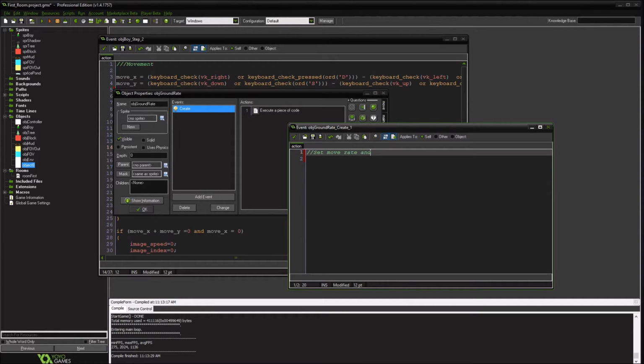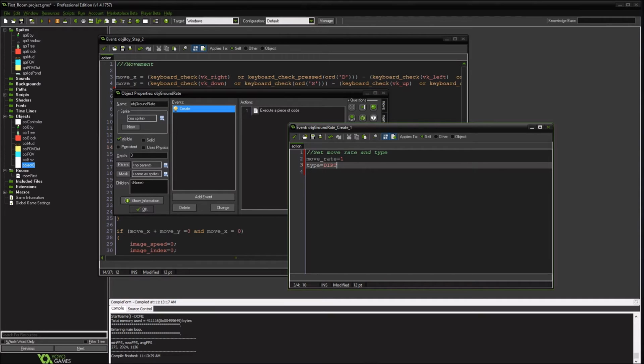and something else I wanted to set. Oh, we're going to create types this time. We might want to do some things with types later. So move rate, we'll just keep it the normal rate, and move type, we're going to call this dirt, because there's going to be